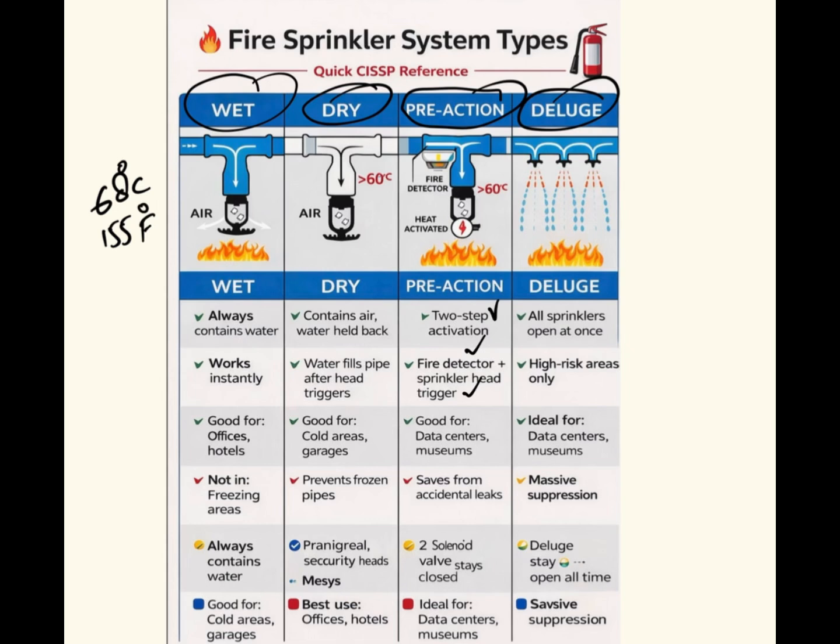So the golden rules: no sprinkler system is perfect. Every system is a risk trade-off. Pre-action is safest overall, only safest for assets. Deluge is not bad, just specialized. Context determines the correct answer. So sprinkler selection is risk management, not firefighting. This single sentence captures everything in CISSP. So you need to understand the context of why we need to implement it, right? So the context of the question,